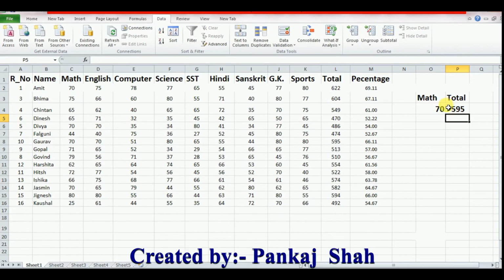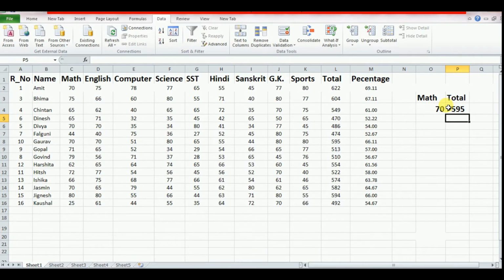It means I want to see only those students' records who achieve 70 marks in maths, but the total is greater than 595.